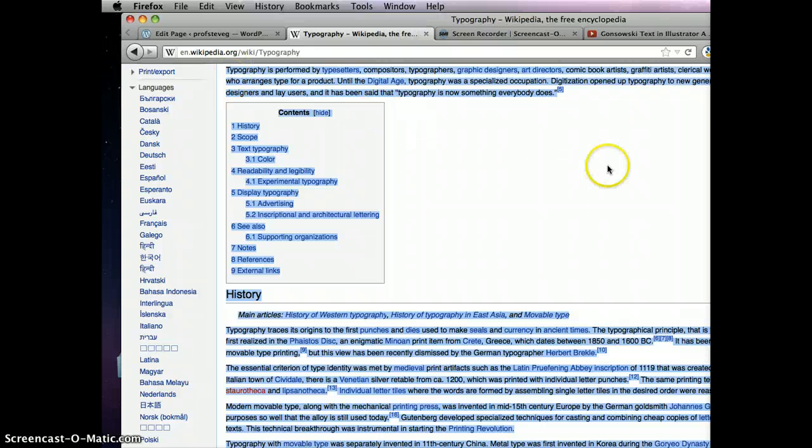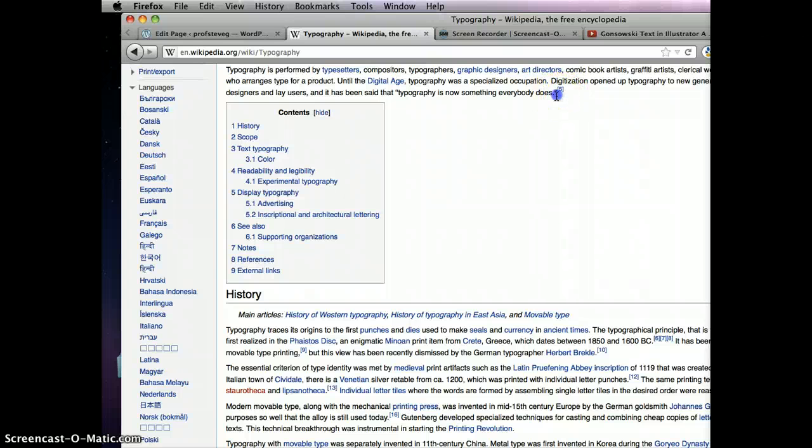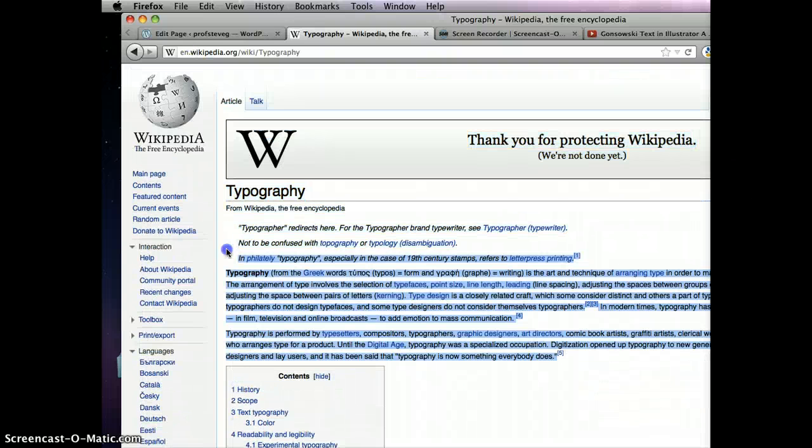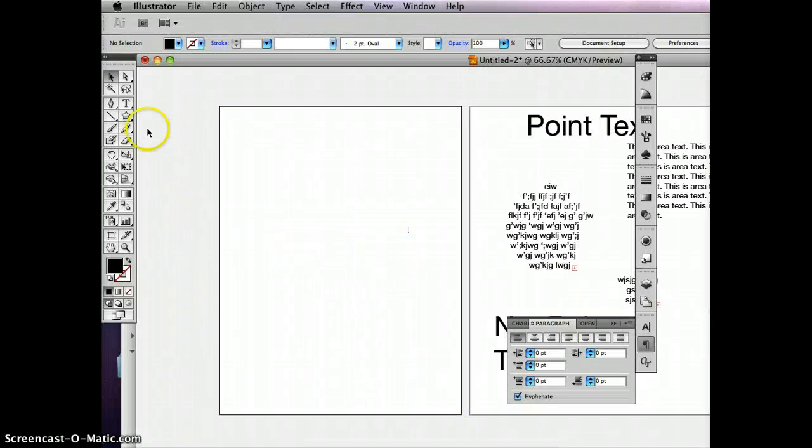Wikipedia and copied, let's just copy a paragraph in here. And notice there is what we call local formatting going on. The word typography is in bold, and there's all these links in here and so on. What I'm about to show you would also apply to italicized words. So I'm just going to press Command C on the keyboard to copy this, going to go into Illustrator, and then